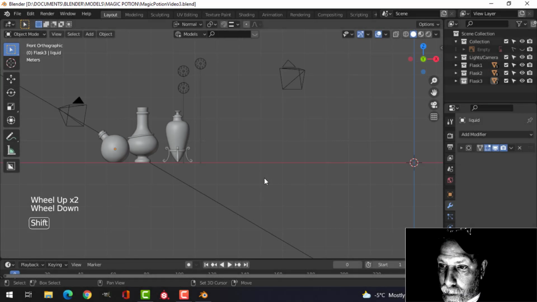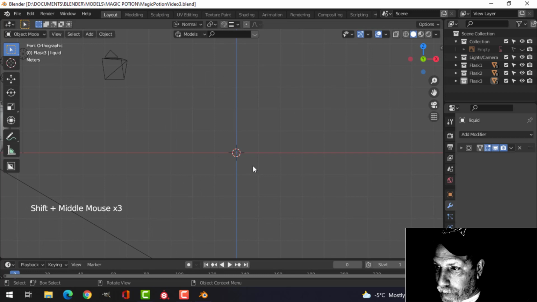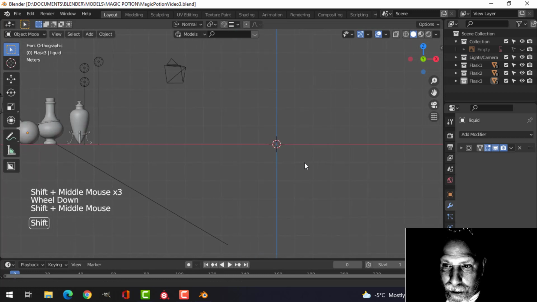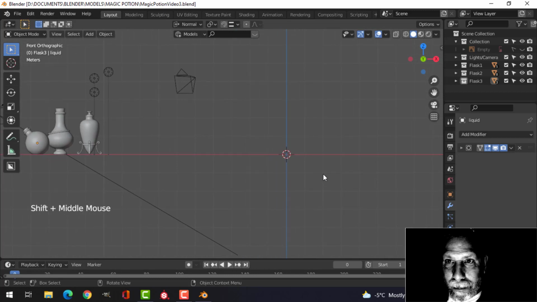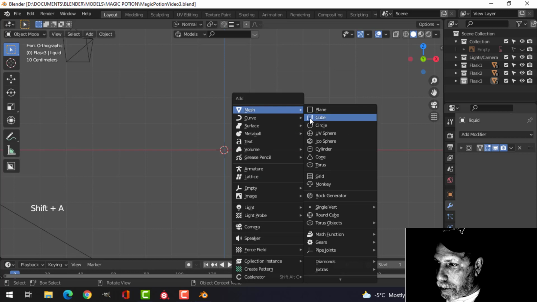All right, I'm going to do one more flask for this little scene, and this one's going to be sort of a rectangular one. You could use this as a product bottle if you wanted to, or an eye drop bottle, or a magic potion like me. So I'm going to bring in a cube,